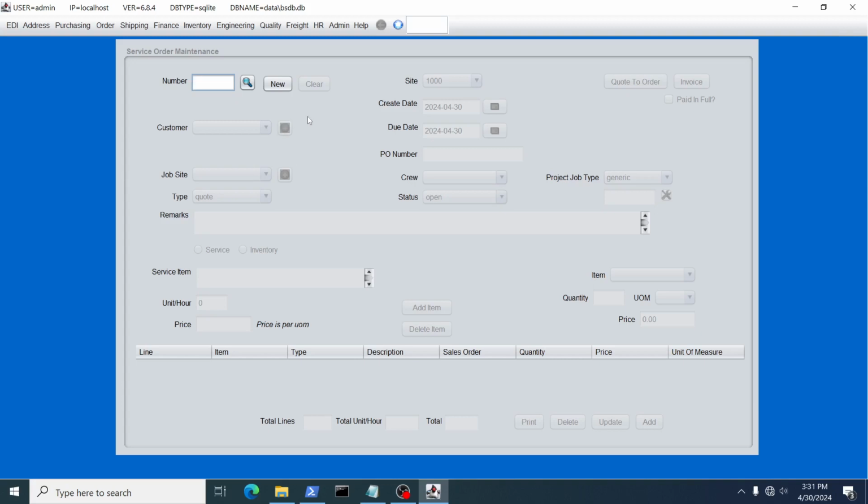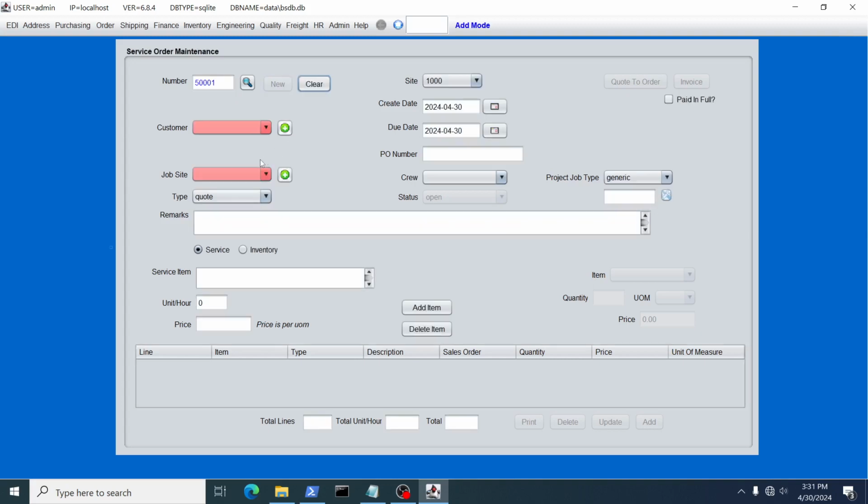So in this scenario, you're just basically creating a job order for your customer. This Acme customer is part of the default download when you install the application. And we're just going to create a simple service order. This customer is requesting us to refurbish